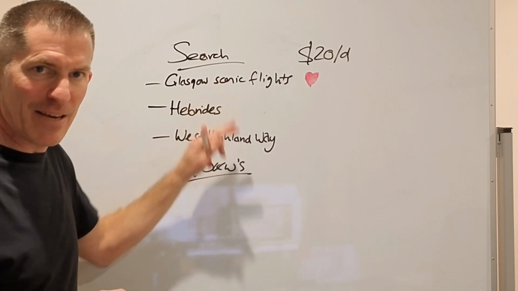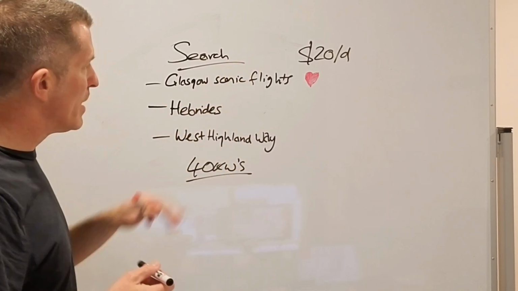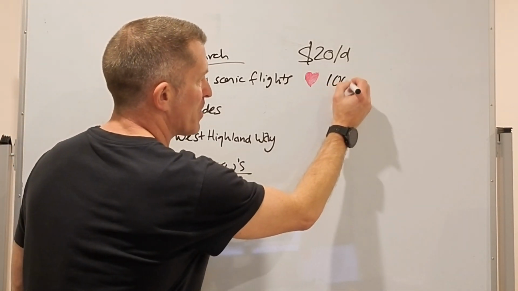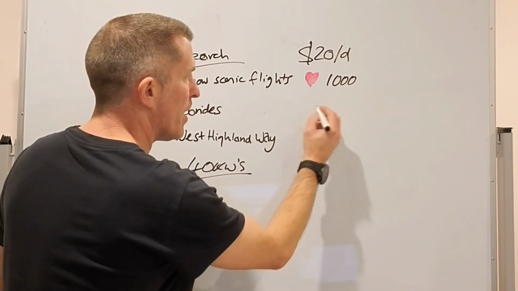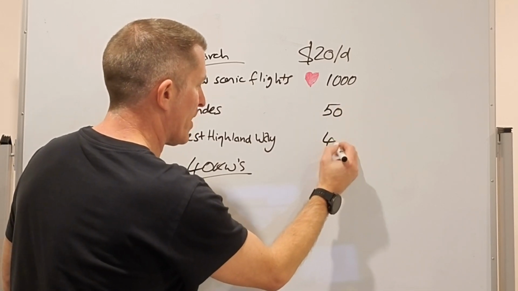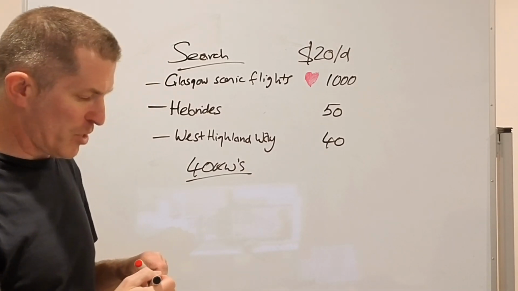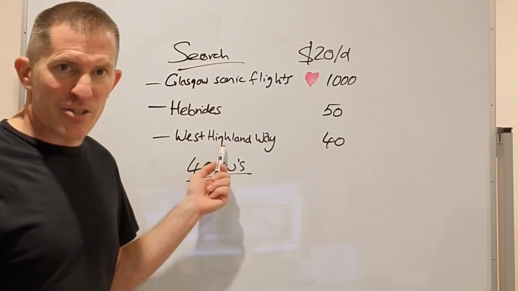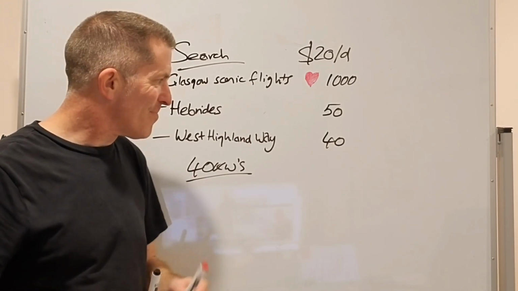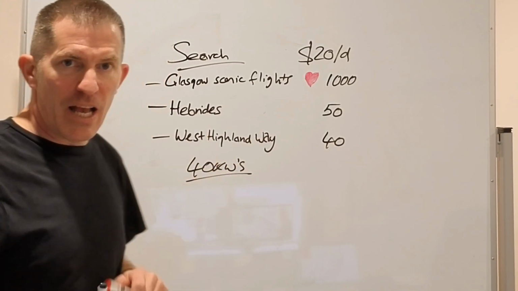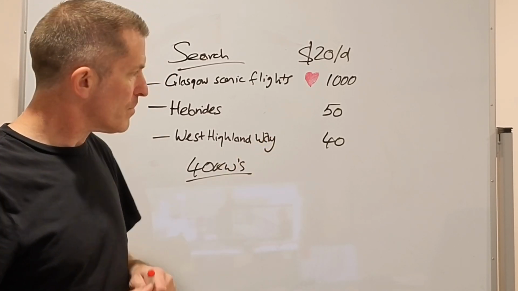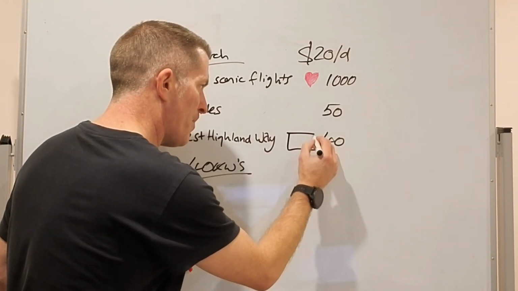You don't really want to look at these every single day and make changes daily. But let's just talk averages. Let's just say you get 1,000 clicks for this, depending on your budget, and you get 50 clicks here, and you get 40 clicks here, and then you've got some other keywords as well. You've got no conversions on these keywords. Let's just say that's because you've only got 40 clicks. Now, to the uninitiated, you might say, well, this keyword's not working, we'll just pause that. So you end up hitting the pause button here.